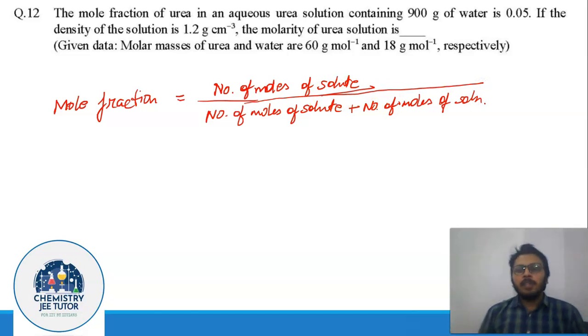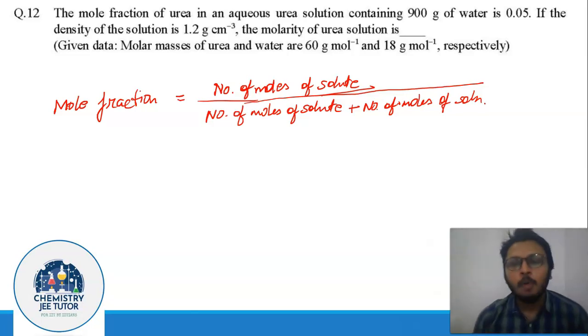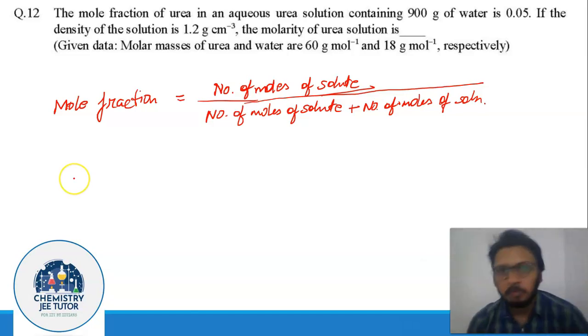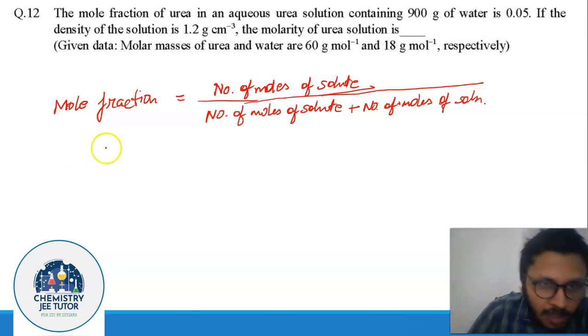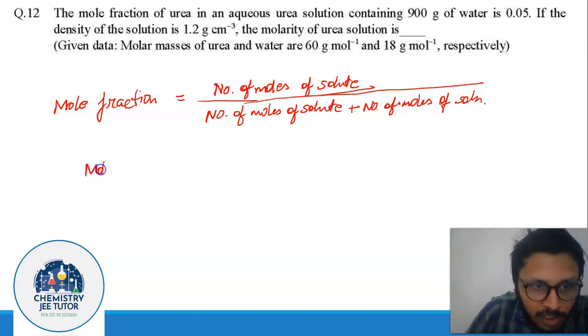I give a simple question. Suppose the examiner gives the solute has 5 moles and the solvent has 6 moles. So what is the mole fraction of solute? It is 5 by 5 plus 6, that is 5 by 11. That is the mole fraction. So this is how we calculate the mole fraction. I hope you know it, and if you don't know it, I gave a very short description of how to calculate the mole fraction.